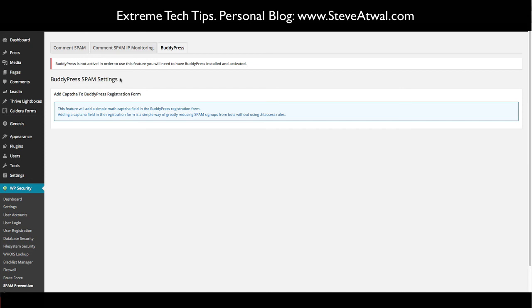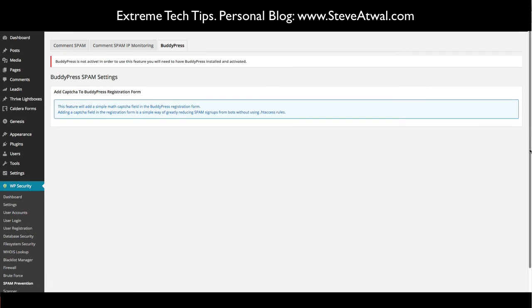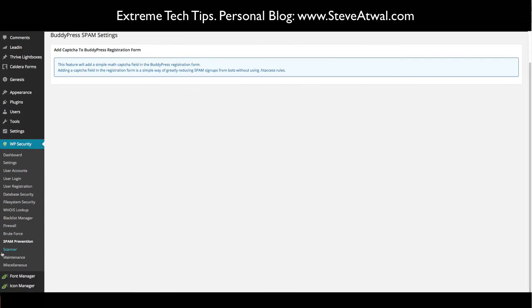BuddyPress. Oh, this is a nice feature that I didn't expect either. This will protect against spam commenting on your BuddyPress site if you use BuddyPress. I don't really care about that, so I don't have that in there. BuddyPress is not enabled, so it doesn't really show me anything. Okay,